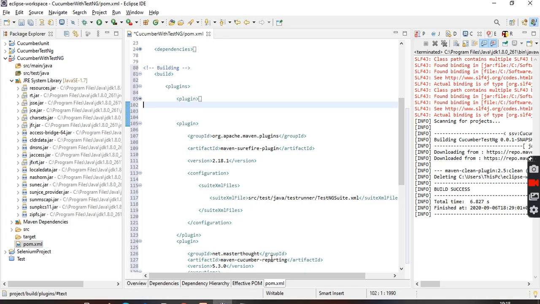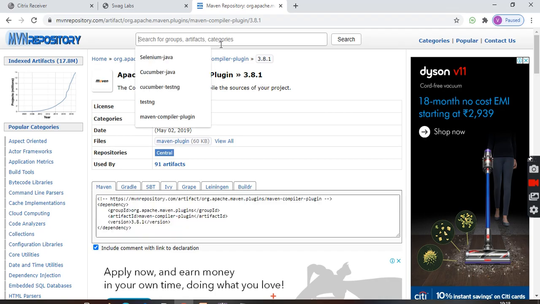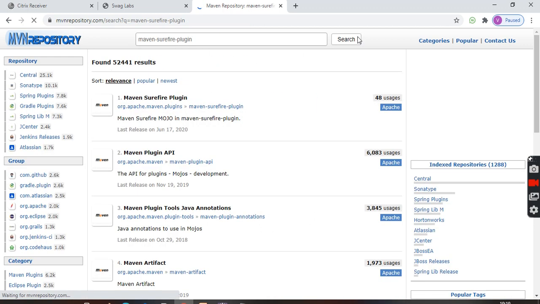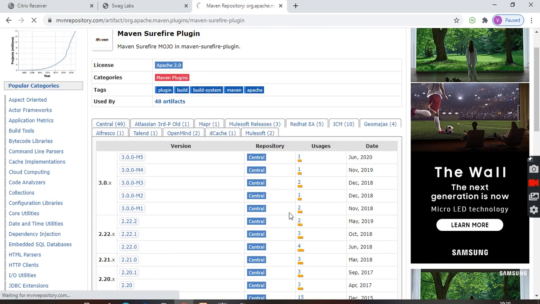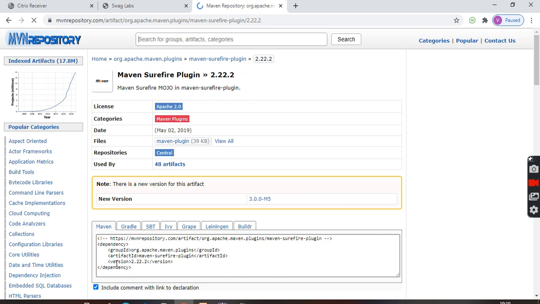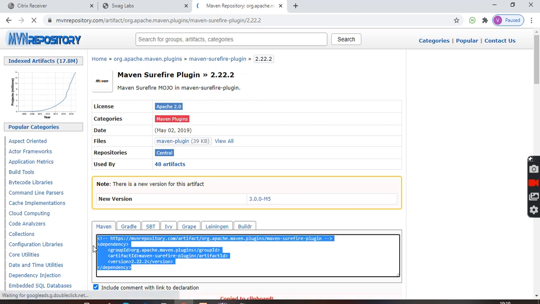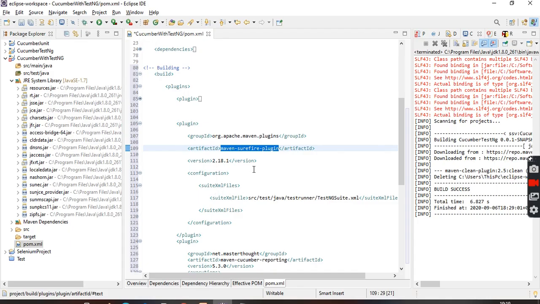Again, how can we get the Surefire plugin? Similarly, just go here, copy, paste it here. Get it from here. Okay, paste it here.